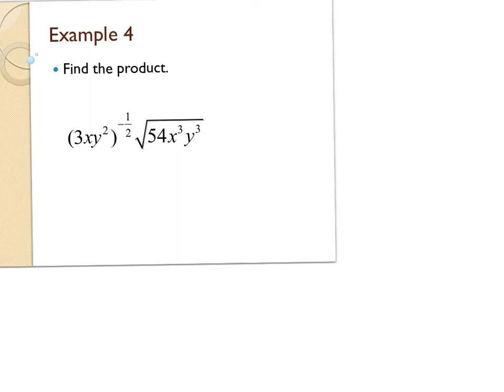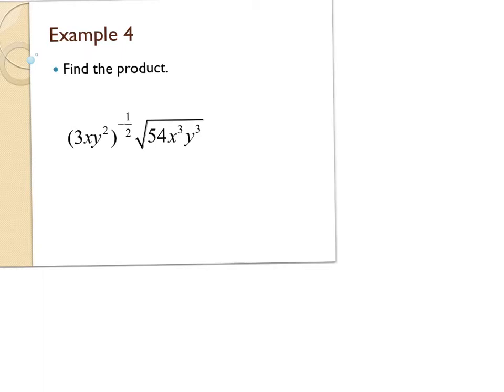Okay, so we have another example dealing with radicals. If we notice here, there is no number in our radicals, so we're working with square roots, and we also have a negative rational exponent. So the negative exponent causes us to flip, and then we also have this radical, or the 1/2,